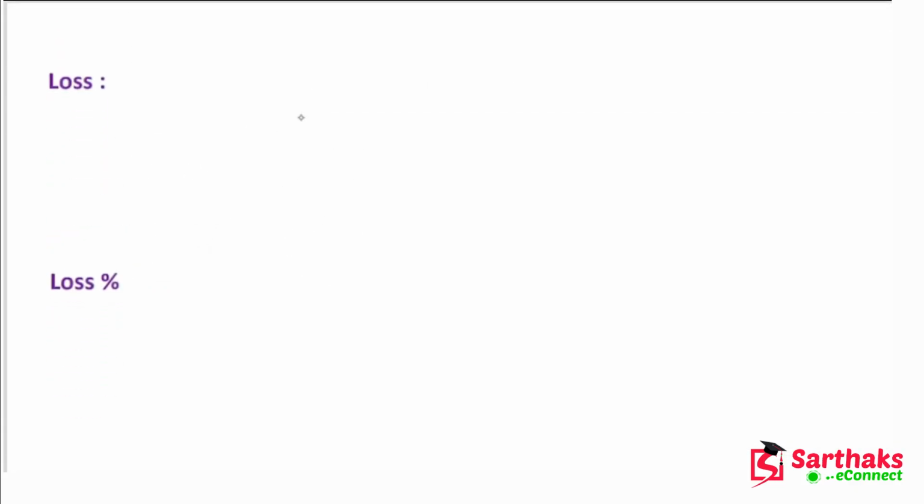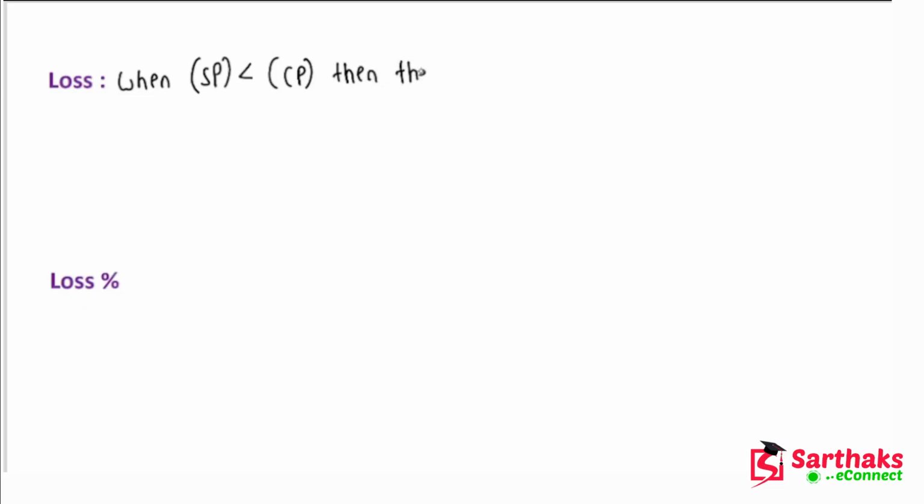Now let us talk about loss. So when do we incur losses? When you buy something for more and sell something for less. Suppose that same computer you bought at 10,000 rupees, now you are forced to sell it at 8,000 rupees due to some technical issue in the PC, and you are incurring a loss of 2,000 rupees. So whenever you are selling something for less, that is selling price is less than cost price, then you incur losses. So you can write when SP, that is selling price, is less than CP, that is cost price,